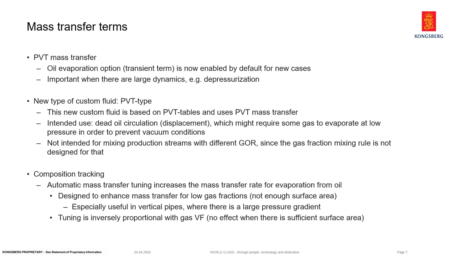There's also a new type of custom fluid, which is called the PVT type. So this new custom fluid is based on PVT tables, and it also uses PVT mass transfer. So for instance, it's possible to have some gas evaporate from the oil phase. The intended use of this new custom fluid is for dead oil circulation, for instance, which is a type of displacement operation. And what is special for these kind of cases, if you do this in deep water risers, then it might be necessary to have some gas evaporate from the oil at some point in order to prevent vacuum conditions. And just because of that, we had to create a new custom fluid type which can use this PVT